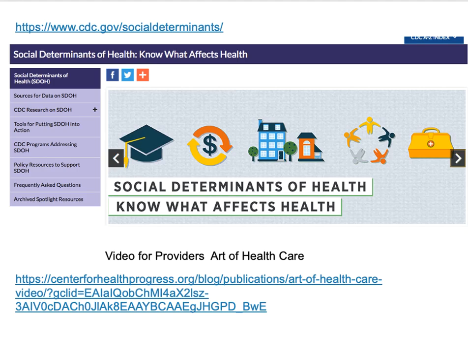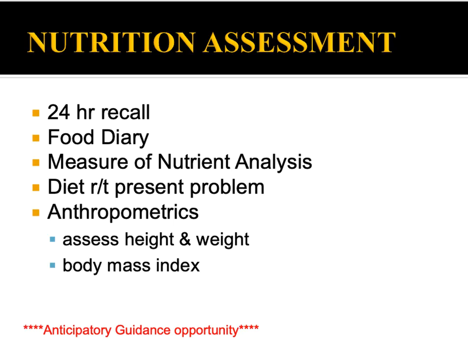This is a slide and a resource for you if you would like to look more into social determinants of health. And again, this was just a very brief explanation of one of the special considerations or the special assessments that we consider in the health of our patients. But there's so much more information out there. So I would encourage you to save this slide, to jot this down, and to look a little bit more into this particular topic. All right, changing gears